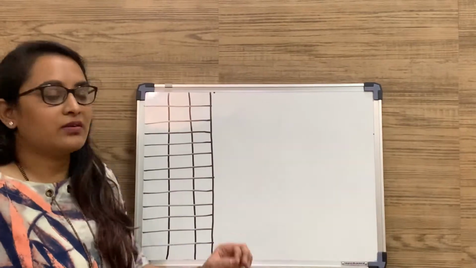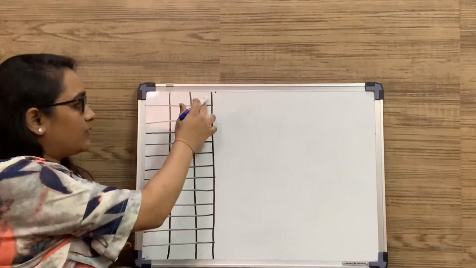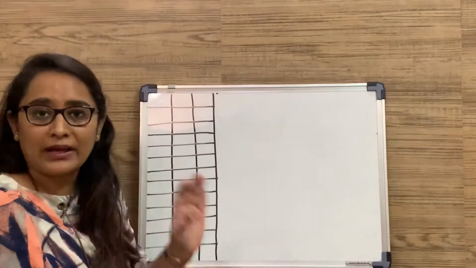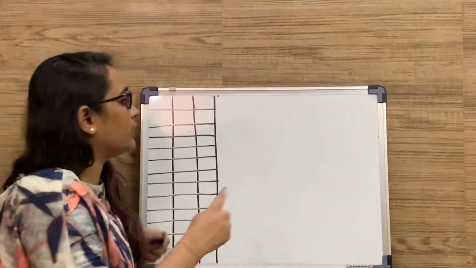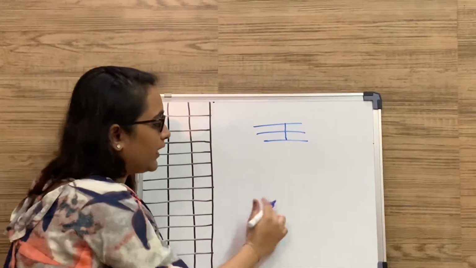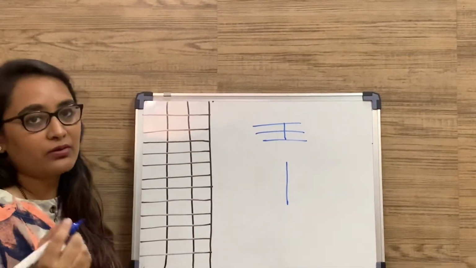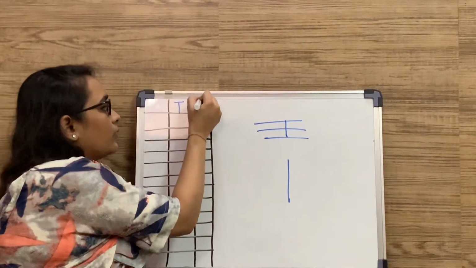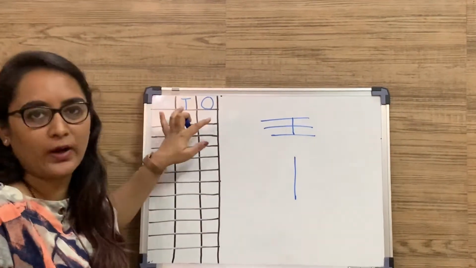Tip for parents: always use this blocks copy for maths. Don't use a blank copy, and don't use the English copy with the 3-line way, where they will write "one" in the blank copy. No, please use this. And I would say from the starting day only, make them know what T and O are. That is tens and ones.